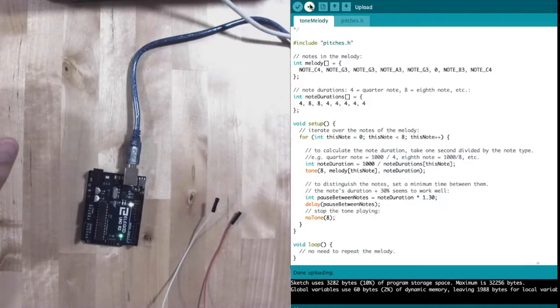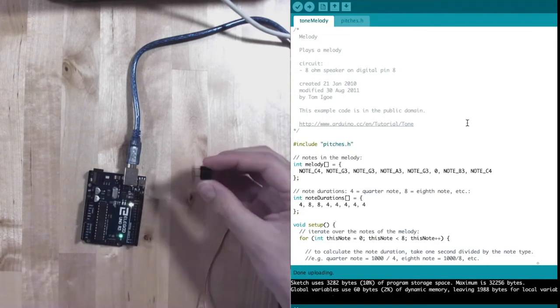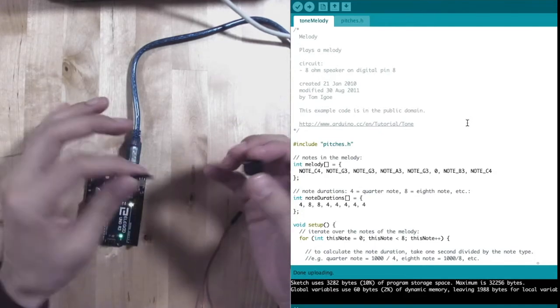This is a very simple program. All that it asks for, if we go to the very top here, it's called melody. It plays a melody. All it needs is a speaker on digital pin 8. So what I have here is one of the buzzers that comes with the kit, and then simply 2 of